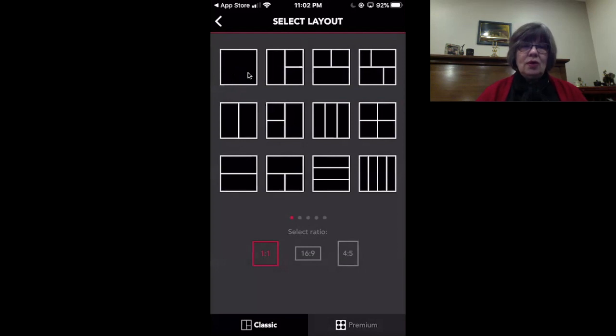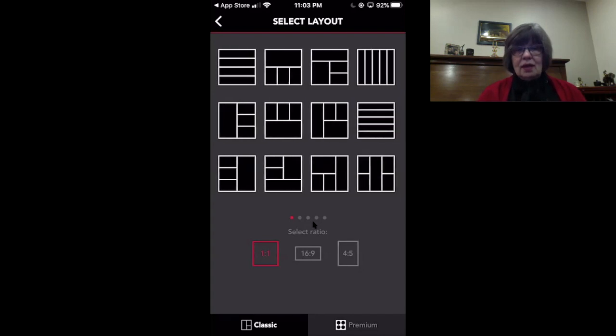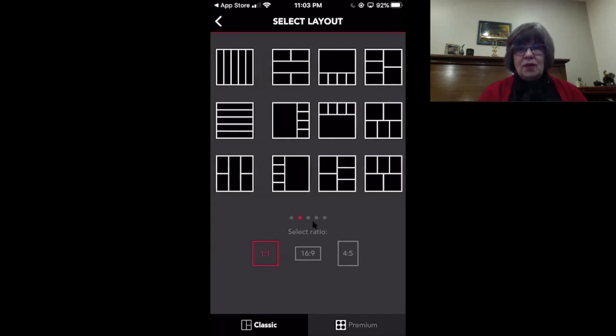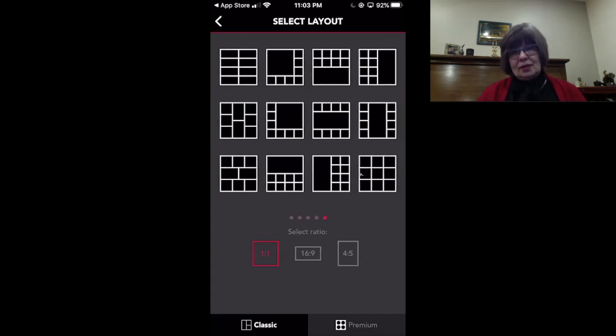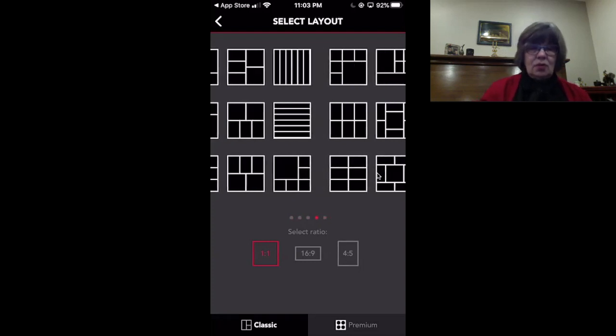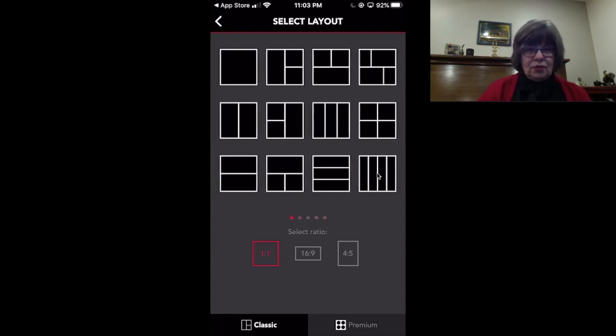If you're just doing one track, you'll click the one square. If you're going to have two tracks or two people, you'll need the horizontal or the vertical rectangles. Or you can have four people, and you'll see 5 little screens there for the dots, and they take you to 6 people, 5 people, 8 people, all the way up to 9 tracks that you could have. You could have 9 people doing it, or you could just be one person doing something for 9 times. So we're going to go back, and for the first project here, we're going to use just the 4 squares